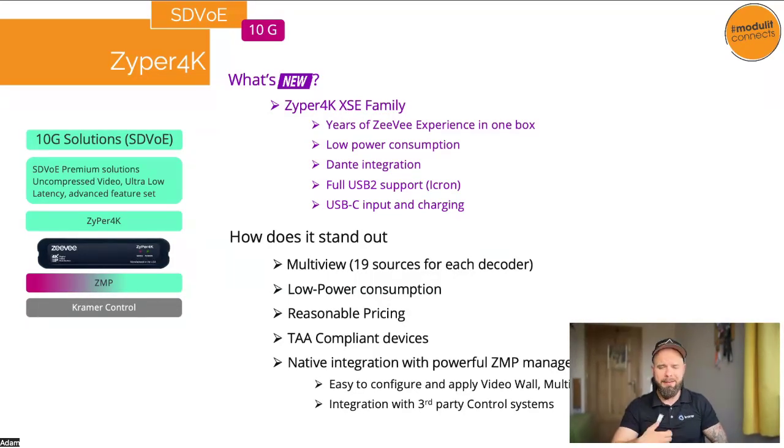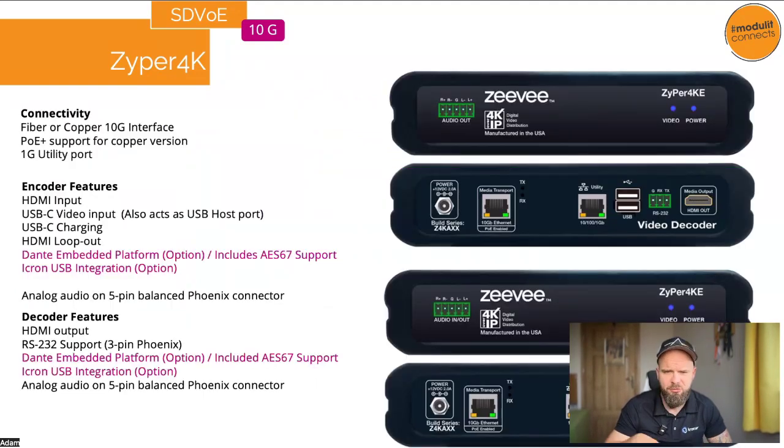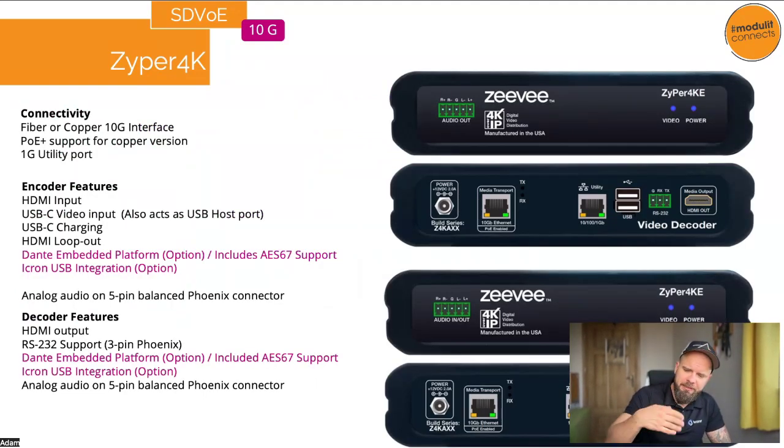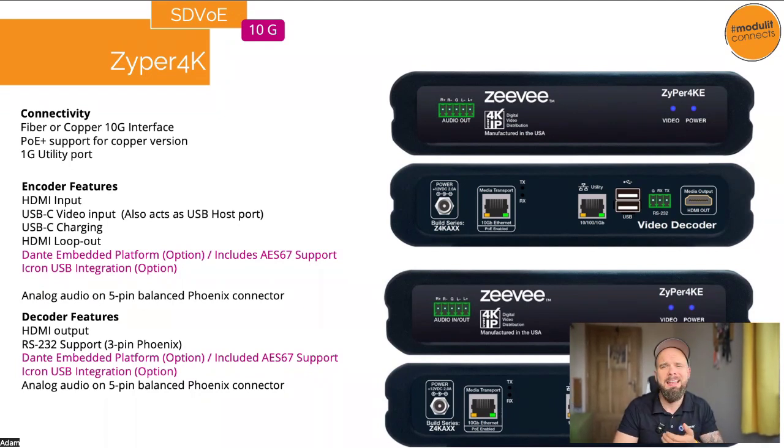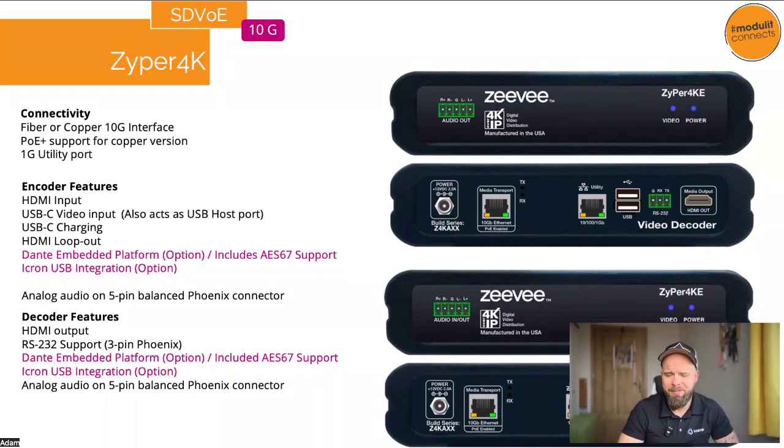But again, it brings you the best possible quality, no latency at all, and slightly improved options in terms of the products themselves. Here you can actually get the fiber connection if you need it, or copper, which is more standard. But if you need to go with fiber, it's here. Just select the proper part number. It also comes with Dante integration and USB 2.0 standard integration. So again, connection with cameras or all other USB devices is here.